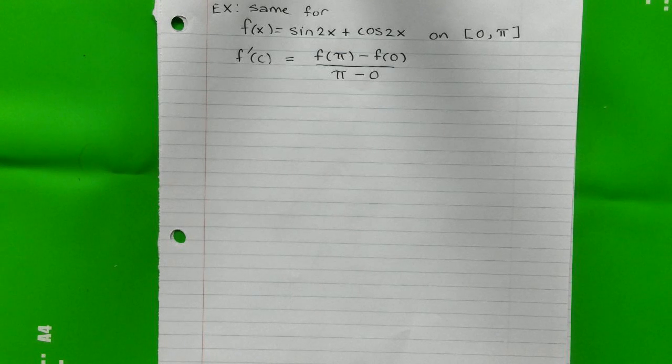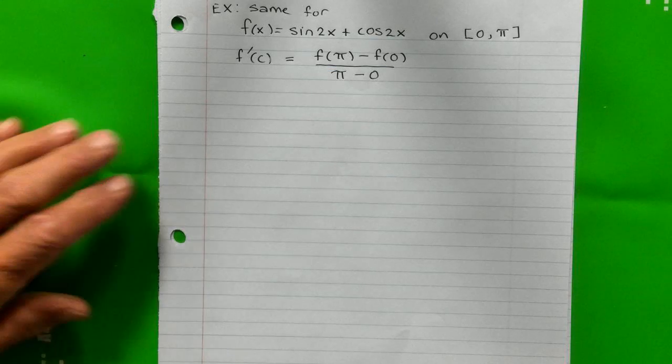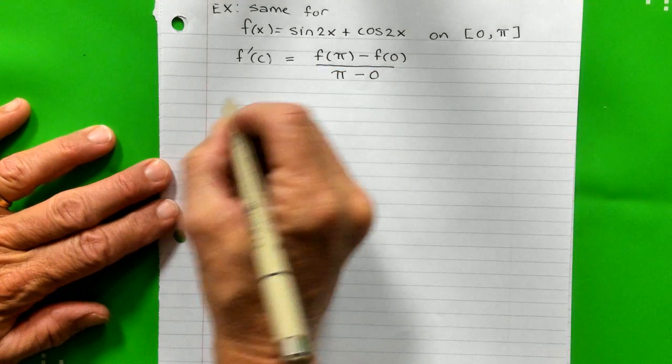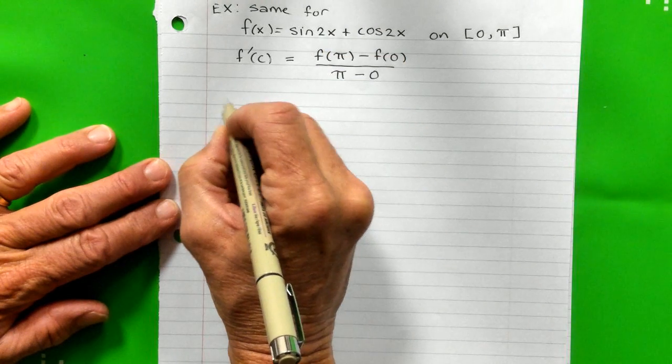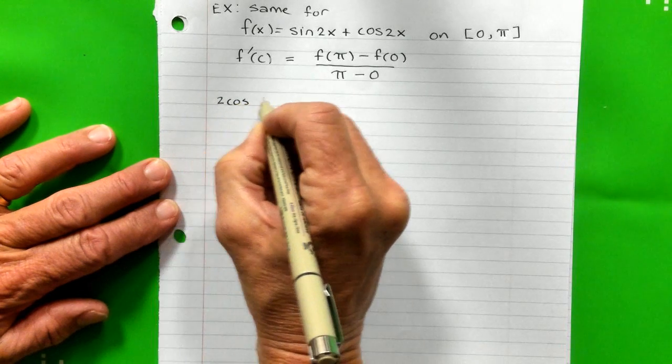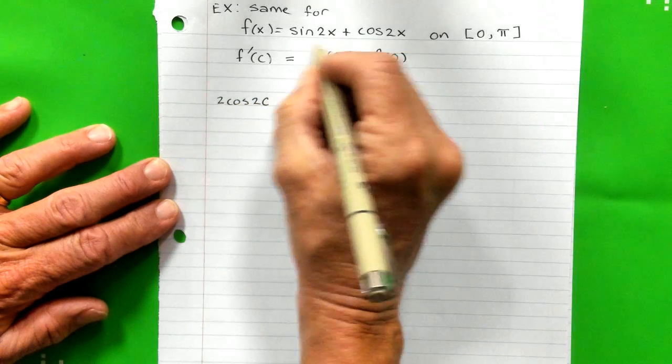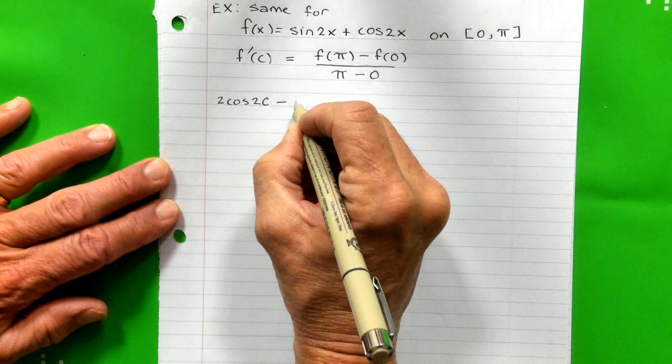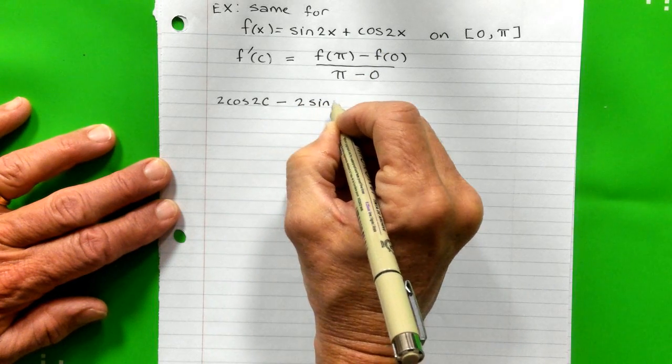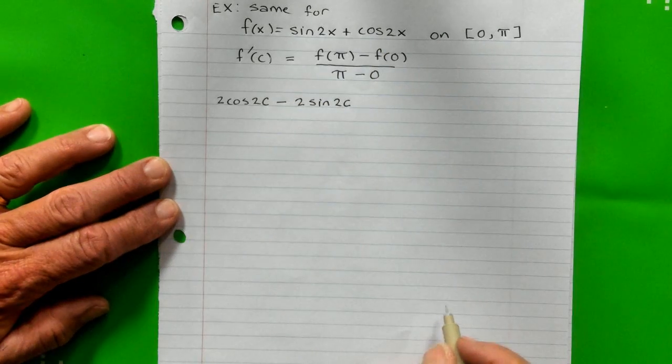So the derivative of sine of 2x is cosine of 2x times 2. The derivative of cosine of 2x is minus the sine of 2x times 2. So at c, I'm going to have